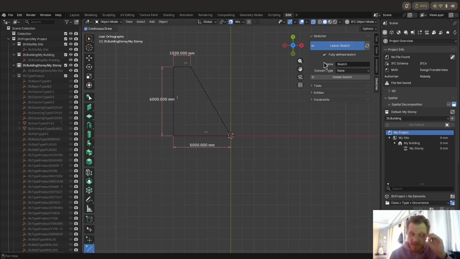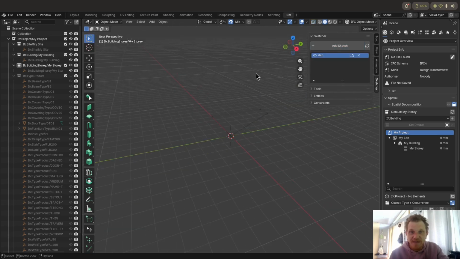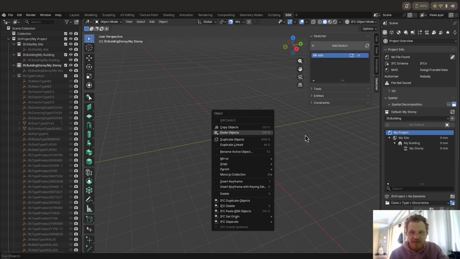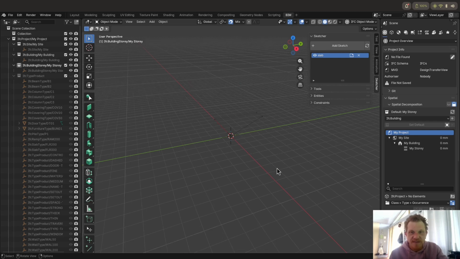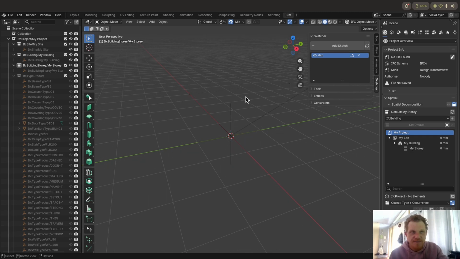That's what we want. Working with Sketcher and CAD tools, we want to constrain everything in something that is, let's say, tangible, like the dimensions itself. Let's name it slab. So I'm gonna leave slab. So I have a slab made out of sketch, and